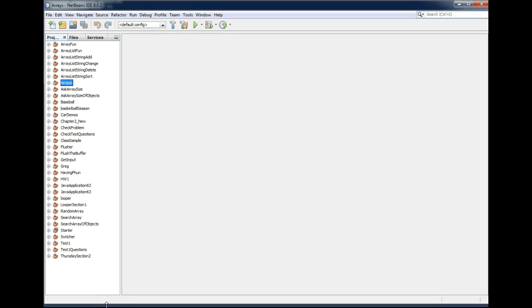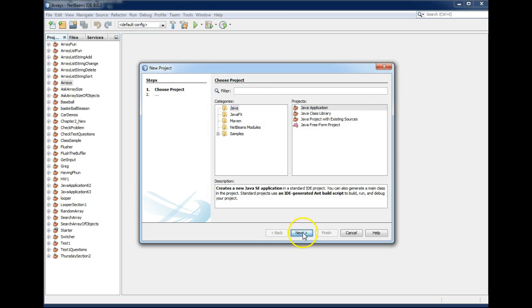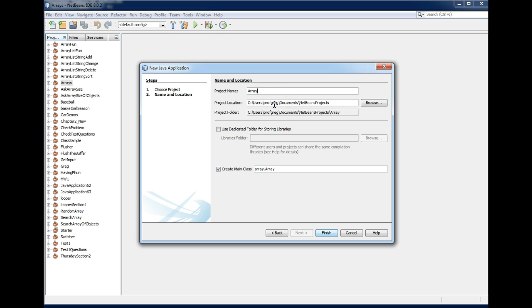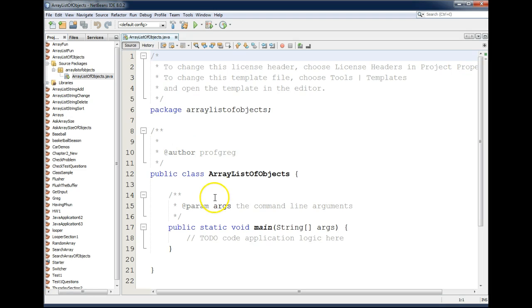In the other videos that I've created regarding ArrayList, we've been working with an ArrayList of string. Let's now create an ArrayList that works with objects. Create a brand new project, and we're going to call this ArrayList of Objects. I'll click Finish. And the first thing I want to do is come into the package over here, and I